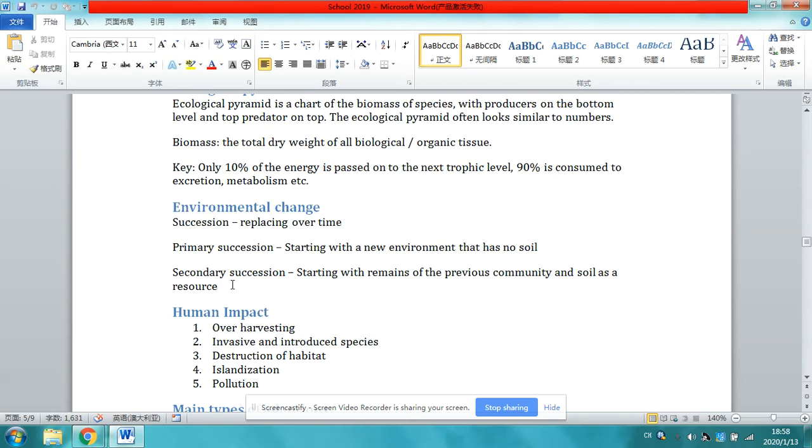Human impacts. Humans can impact our surrounding environment, especially animals, wild organisms that dwell in those environments, in 5 major ways. First one is over harvesting. I think I recently heard that a great percentage of human negative impact on the environment comes from over harvesting. And this basically means harvesting more resources from nature